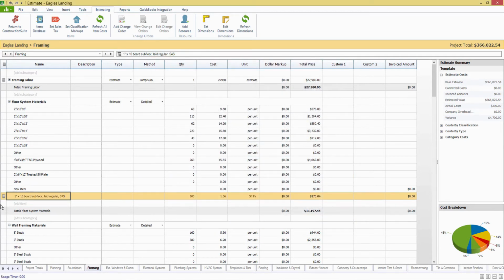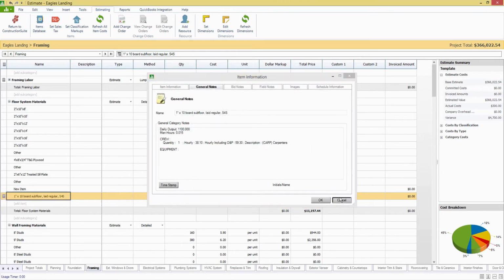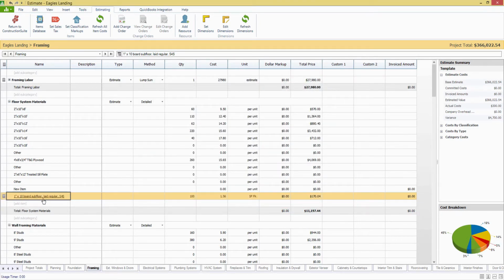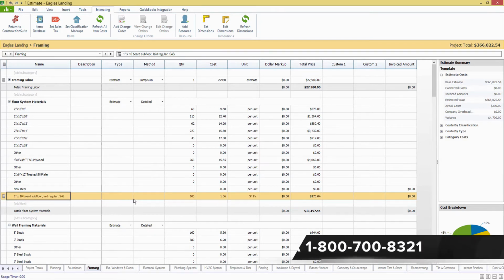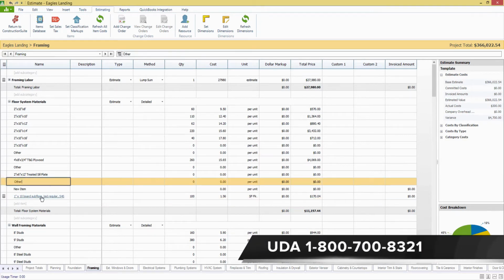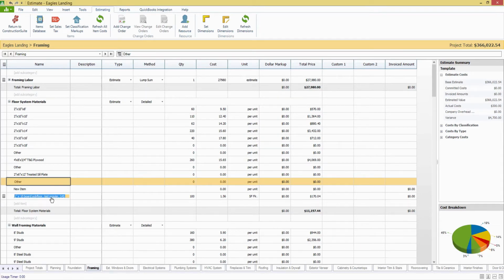Now what it's going to do is insert all of the information for you, everything from notes on the item, the actual name for the item with a link back to that spot within the cost book. It will show your quantity, your cost, unit, and it can pull in markup automatically, but really everything that you need will be pulled in automatically, all of the information necessary. But if I click off of this, you'll see that there is a distinction between ones that have been added from a cost book and everything added in manually. And that is that link directly back to where we found it in the cost book. So if we click on that,